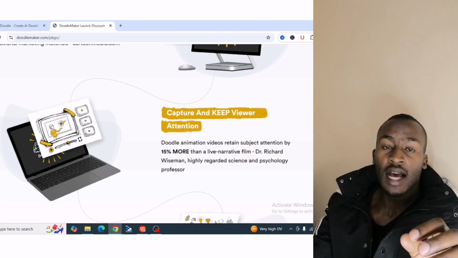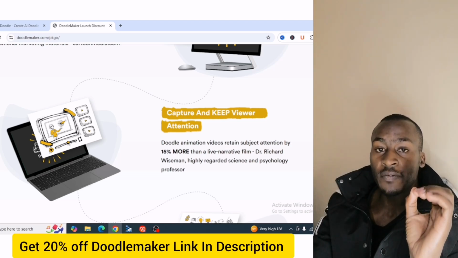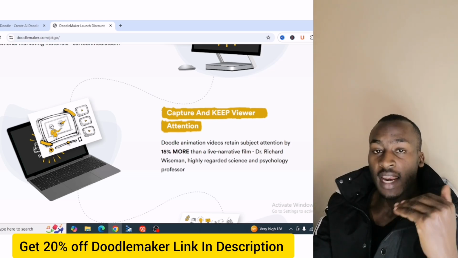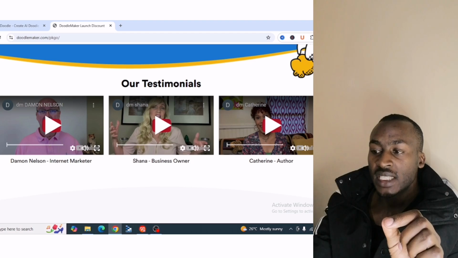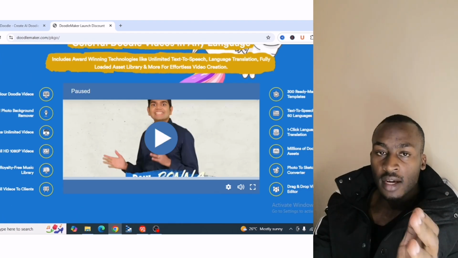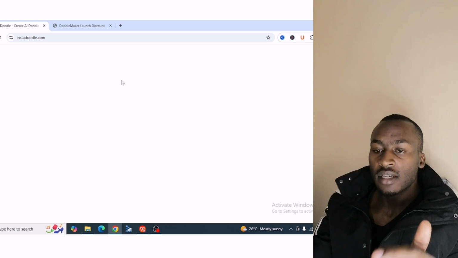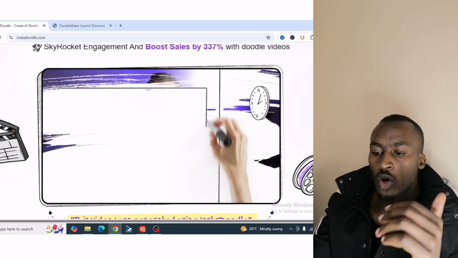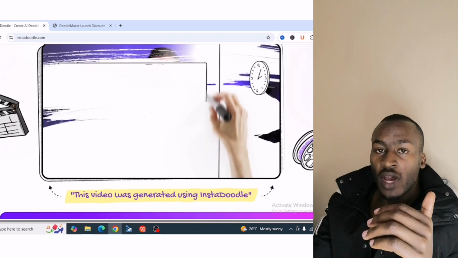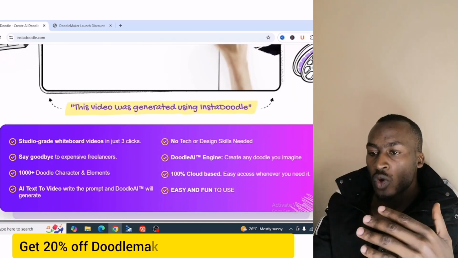Statistics show that animated doodle videos have a retention rate of 15% more than live narrative film. And in today's video, I'm gonna be sharing with you a quick comparison between Doodlemaker and Instant Doodle so that you can make an informed decision on which of these software you can utilize to create doodle videos for your